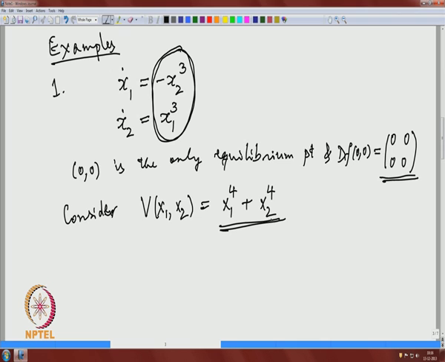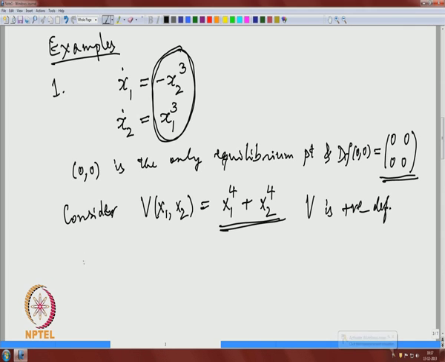It is easy to check that V is positive definite. It is 0 only at the point x1 equals x2 equals 0, otherwise it is always positive. So that criterion is satisfied, and in order to decide the stability or instability of the origin,